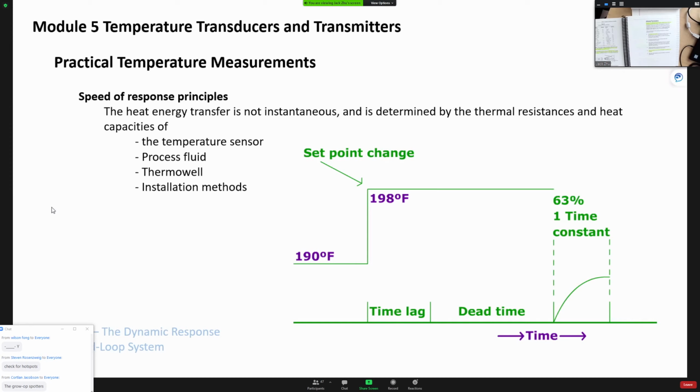Other than that, when you measure them, the heat energy has to be transferred from the object to the sensing device, and that transfer does not happen instantaneously, so it takes time for the energy transfer to happen, and the transfer time